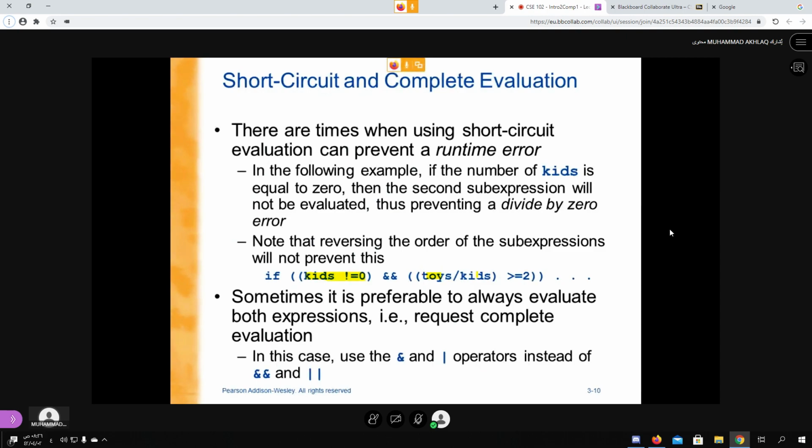It will not check the second condition. But if it is true, then it is not 0, it is some positive or negative number, whatever. Then it will do this. So basically you are also avoiding a divide by 0. If kids are 0, don't run this expression, because the first condition will be false, it will not run this. So sometimes it is very useful.